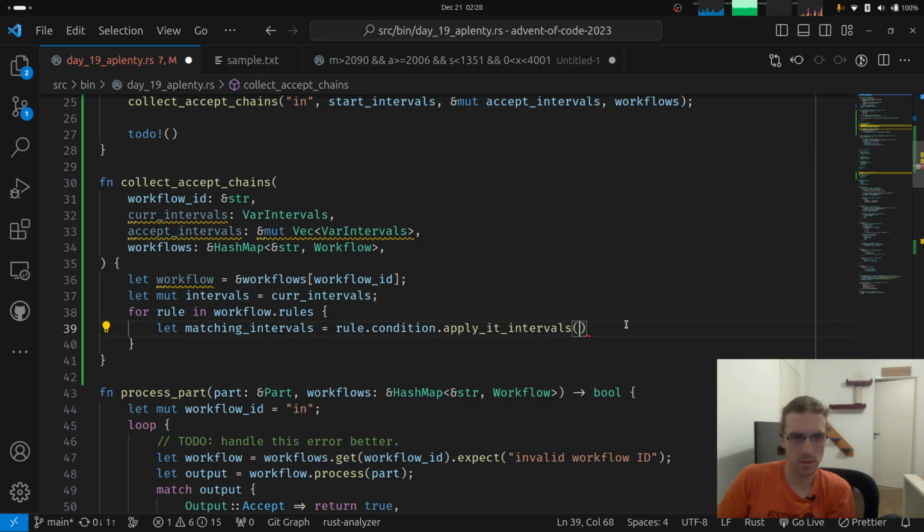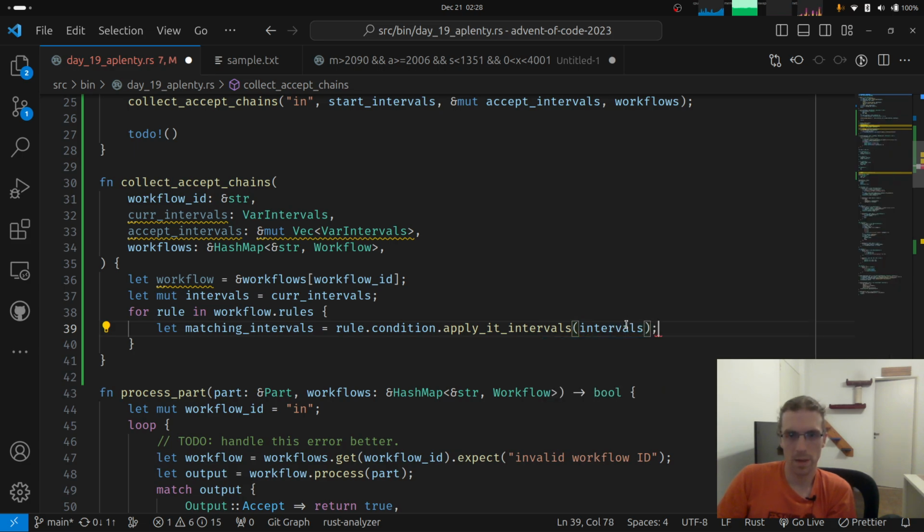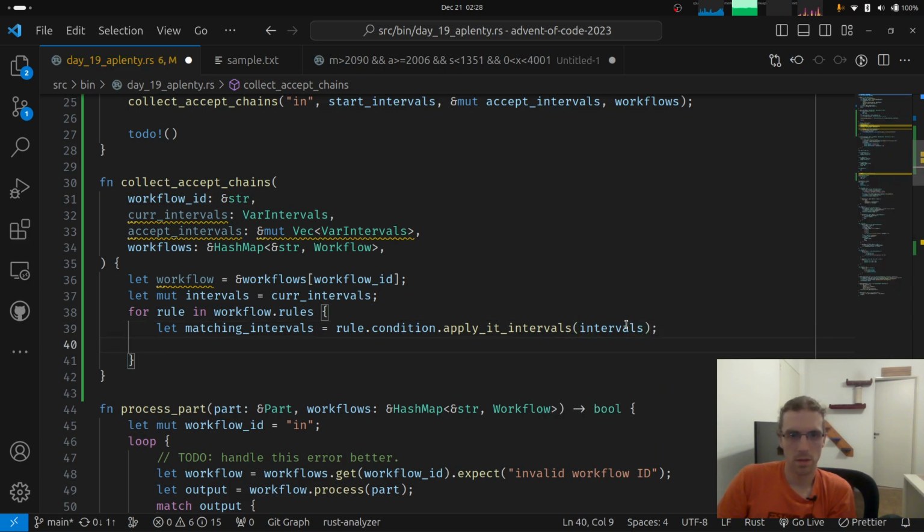I don't know, that's not a good name, but I'm going to apply to this. And let's just not mutate that and have a receiving thing. These are the intervals that should match that rule's condition. Okay, and so then